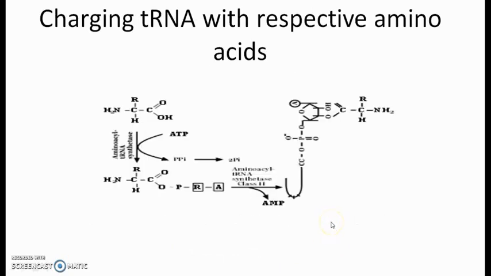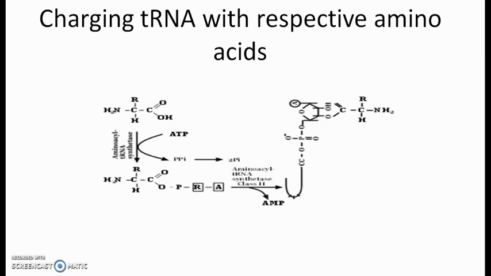So the first step of protein synthesis before initiation is the preparation for the process. In the preparation, the amino acids that are present in the cytoplasm have to be tagged with the corresponding tRNAs, because tRNAs are not bound to the amino acids at the first instance. So each of the 20 different proteinaceous amino acids has to bind with the corresponding tRNAs. This process is called amino acylation of tRNA, and this occurs by a process called charging of